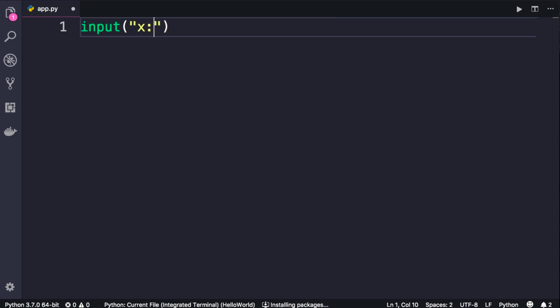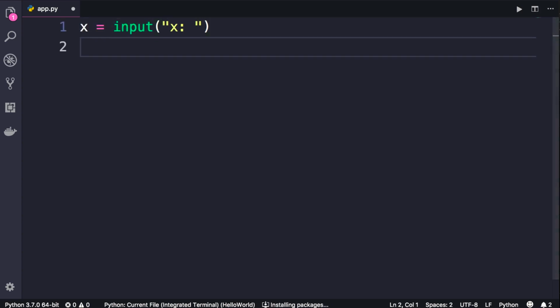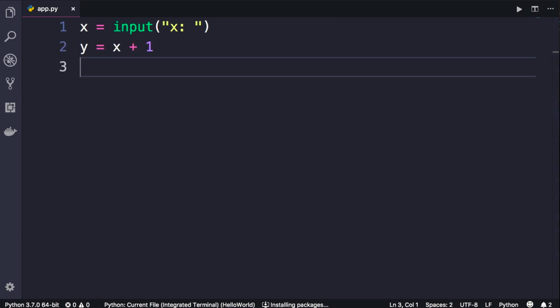So let's add x colon. Now this function returns a string, so we can store it in this variable. Now let's imagine that y should be x plus 1. Save the changes. Now don't run this program using the CodeRunner extension, because CodeRunner by default runs your program in